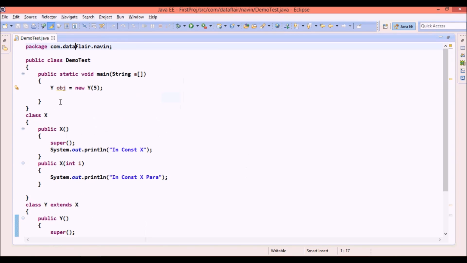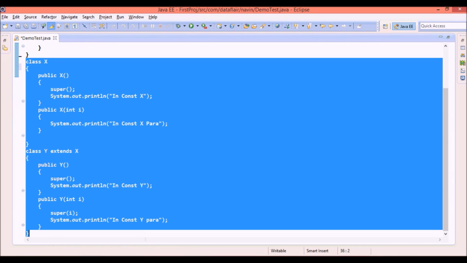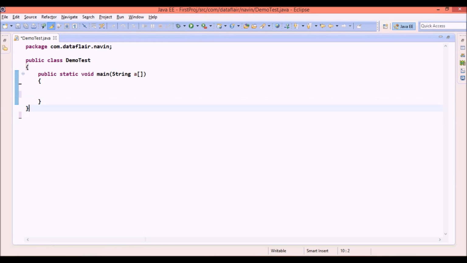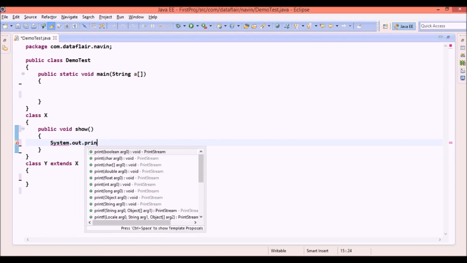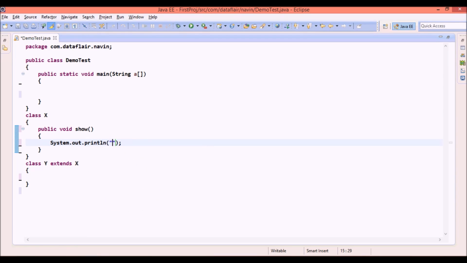So what we can do is just remove all this code to make it simpler, and we'll do some scratch coding here. Now, I have a fresh file. Again, let me go with the same class names, X and Y, since we are familiar with this notation. So we have class Y, which extends class X, right? Now let's say I have a method here which is public void show, and in this show, let me print with System.out.println,